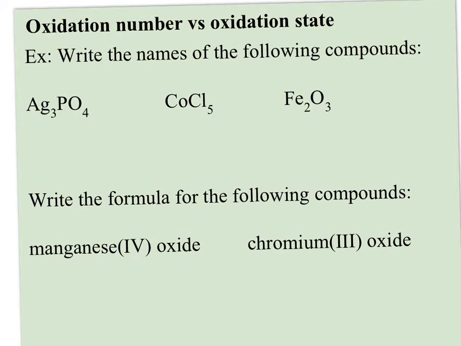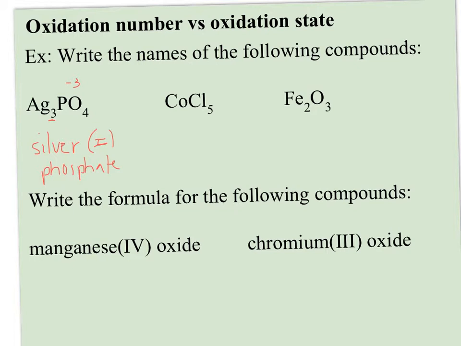So write the names of the following compounds. If I give you Ag3PO4, first of all, you should know silver's always a +1 oxidation state, so that's a poor example. But PO4 is a polyatomic ion with the -3 charge. If I have 3 silver to share that -3 charge, then I could write this as silver(I) phosphate. Although, again, silver generally isn't written with the Roman numeral because it's always known to be in